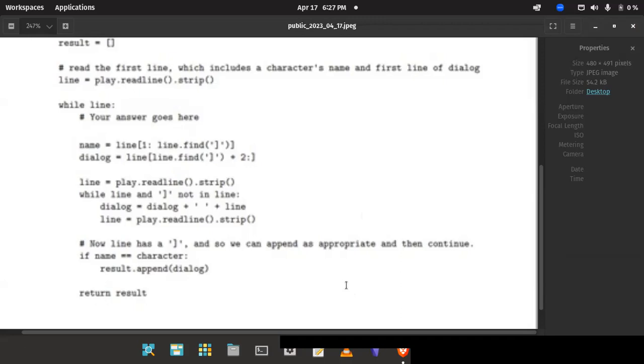So basically the second while loop, in order for it to run, requires that the line is not null, and it also requires that the closing square bracket character is not in line, because if it is in line, then it indicates that the line contains the dialogue of a different character. And you only want to include all the lines of one dialogue at a given time, because if you remember the play file,